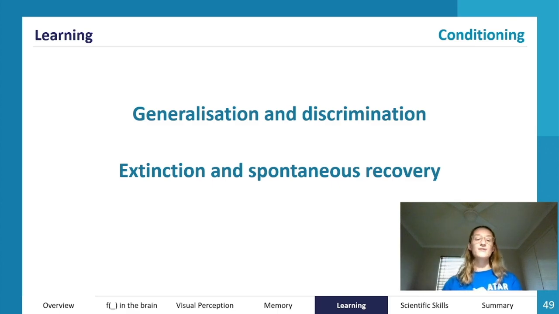Whereas spontaneous recovery is when a previously learnt but now extinct behavior spontaneously comes back. So extinction would be the bell rings, the dogs don't feel the need to drool anymore, but spontaneous recovery would be one day if someone randomly rung a bell and that conditioned response just spontaneously came back. So that's our extinction and our spontaneous recovery, if the conditioned response spontaneously comes